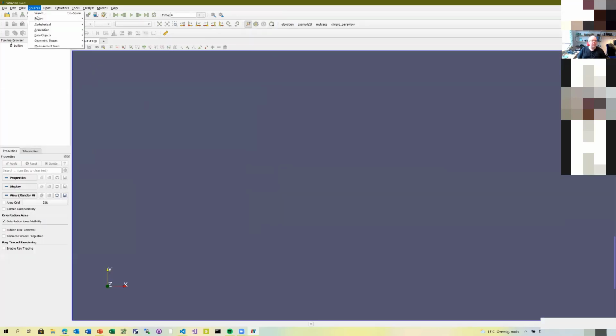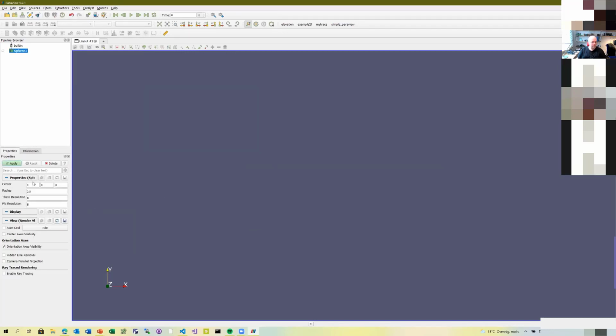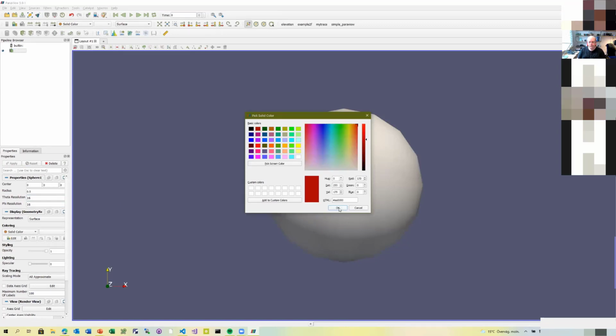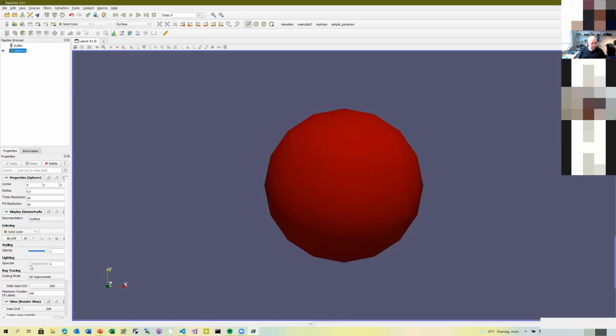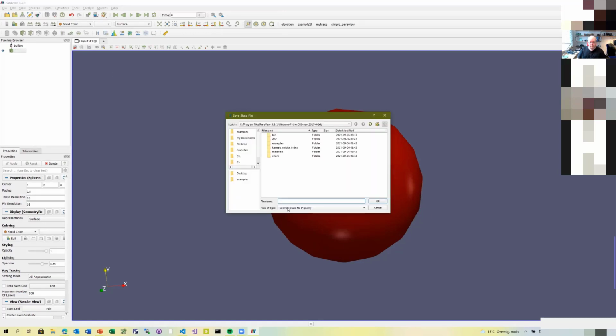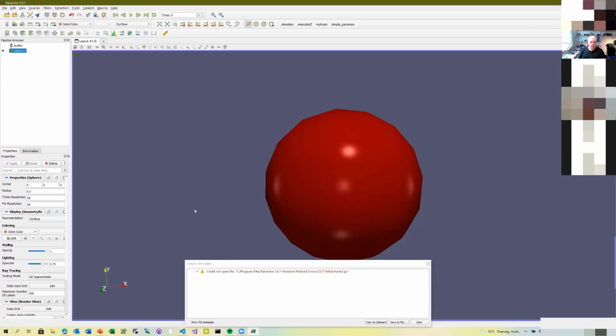What you can do, I create a sphere here. Apply, and I set it to 16 by 16. Like this. And now I try save state again. Python file. And I do